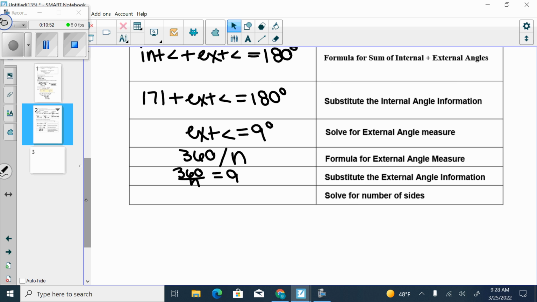So if I was going to now solve this for the number of sides, what would we do? Not divide by 360, because that's on top. Multiply both sides by n. Yes, so I'd multiply both sides by n. That would make the n's on this side go away. So I'd have 360 is equal to 9n. And then what would I do? To divide by 9. So we'd end up with 40. So n is equal to 40. So this thing has 40 sides. That's a lot of sides. All right. And